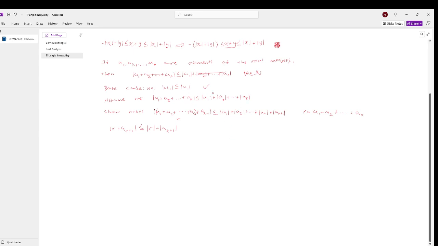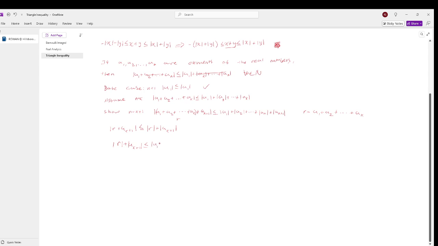What I'm going to do to this inequality is add the absolute value of a sub k plus 1 to both sides, which doesn't change anything. It's basically just rewriting it. So we get, remember, this is just the absolute value of r right here, the absolute value of r plus the absolute value of a sub k plus 1 is less than or equal to